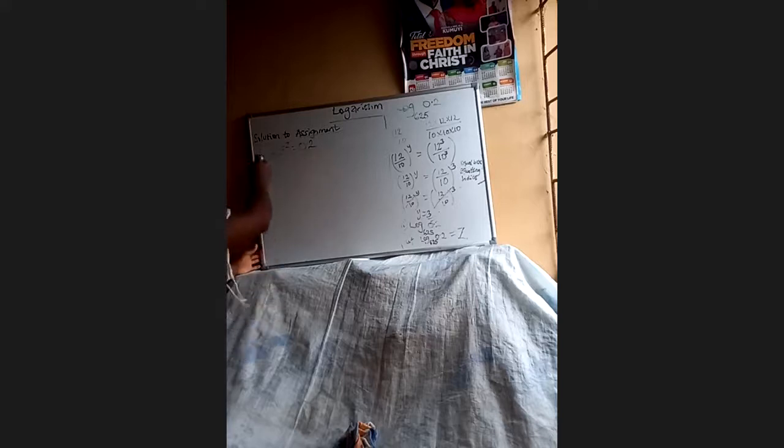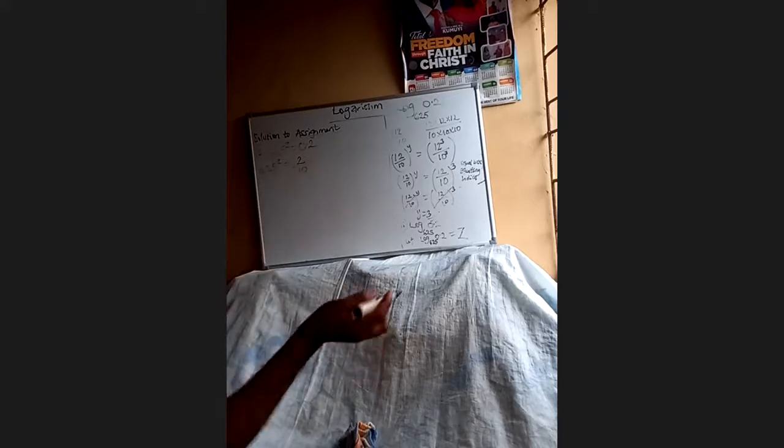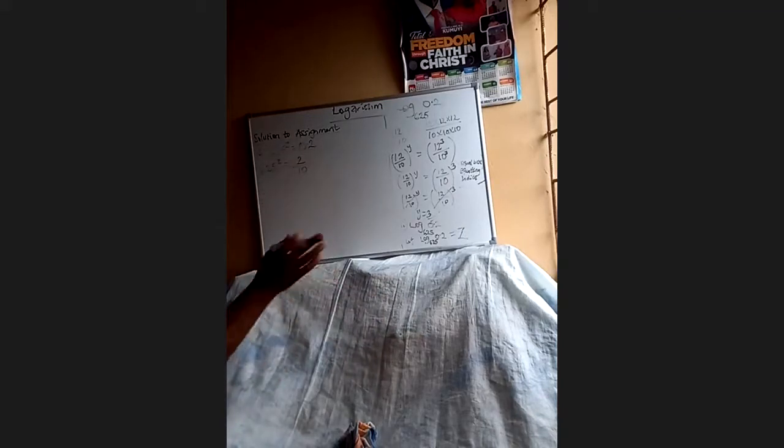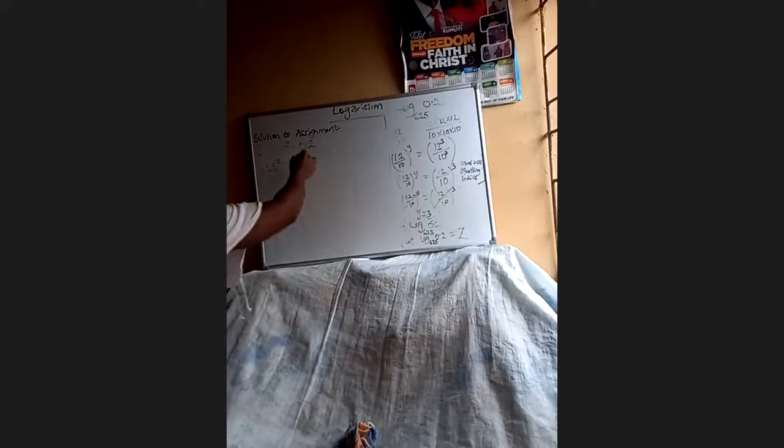So we have 625 raised by z is equal to 2 over 10. So 2 over 10 will give us 0.2. So when we reduce 2 over 10 to its lowest form, we have it as